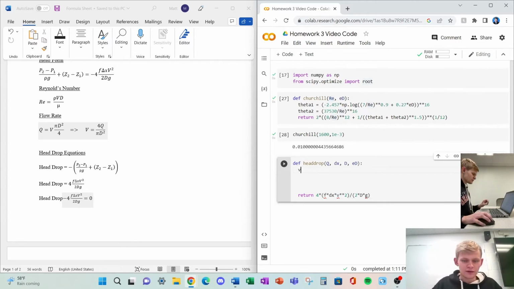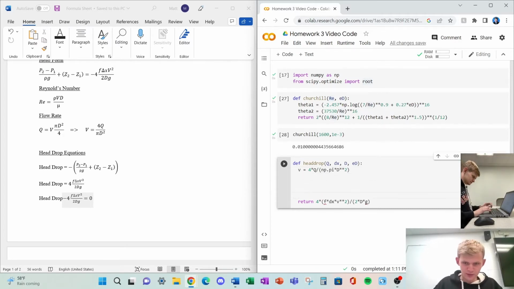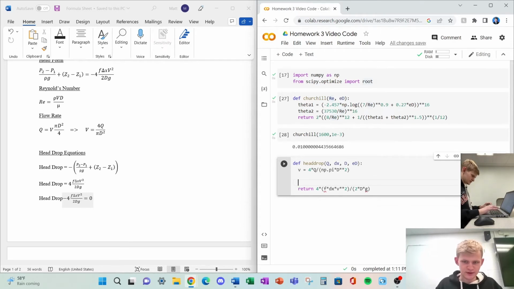So our velocity is going to equal, our velocity equation up here is just going to be 4 times the flow rate divided by our pi variable multiplied by our diameter to the second power. I want to come back up and get rid of some of this space here. And the next thing we need to know,